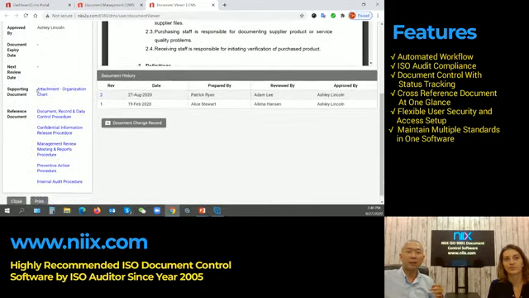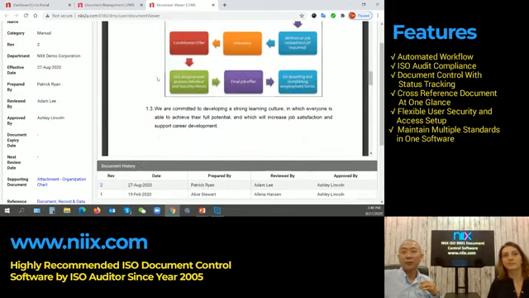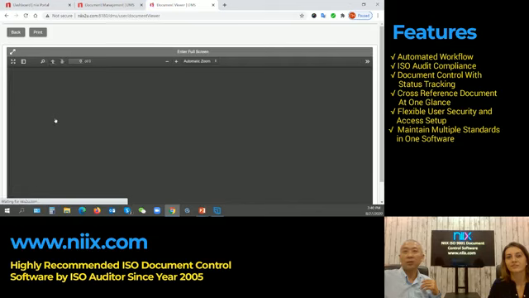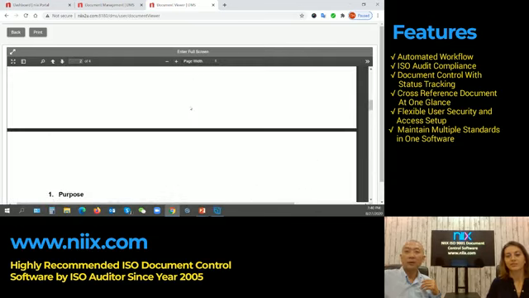And then, as you know, Sophie, in the ISO document implementation, there are a lot of cross-reference documents as we went through earlier. So any documents that are interrelated with the main document will be displayed here at the reference document section. So meaning to say, when I view the document, I can easily access the cross-reference document. And then I can also access the supporting document as well. So for example, here is the reference document and so on.